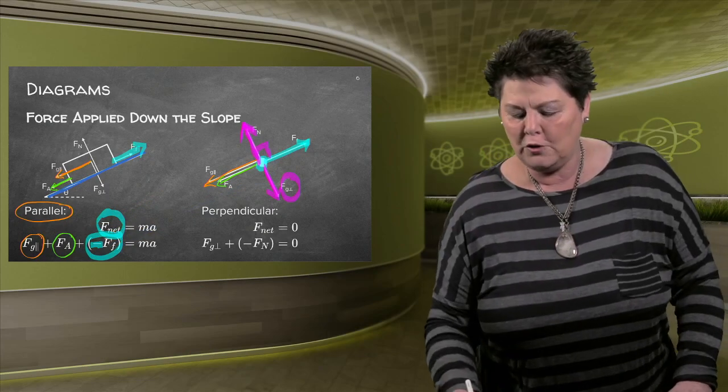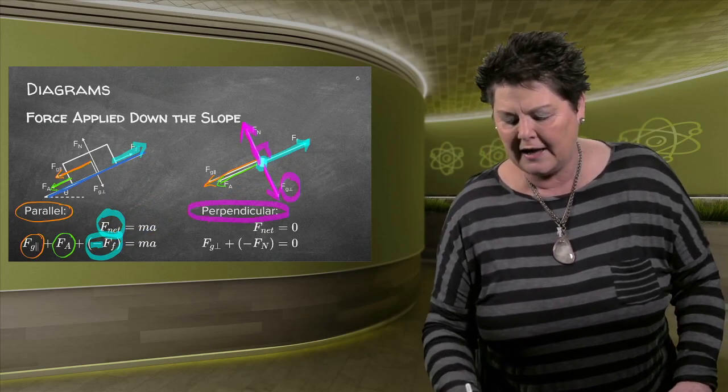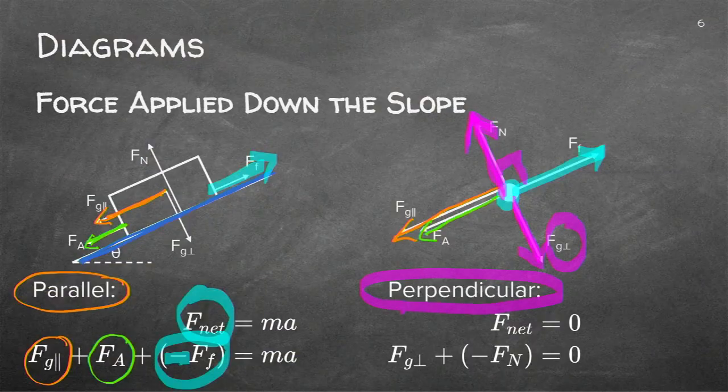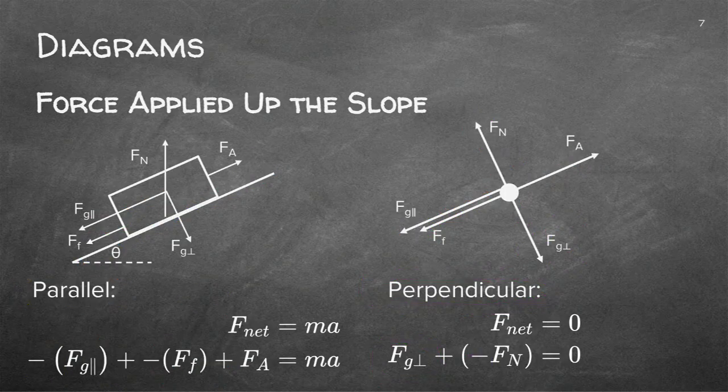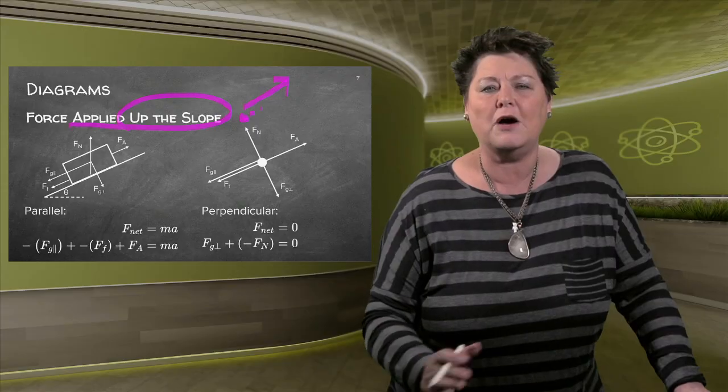Be careful if you're working in the perpendicular angle. You are now working with the two pink or purple arrows. So I've got the perpendicular one down, and I've got the force normal upward. Therefore, it's a negative direction. Let's do one where we are working with the applied force up the slope. Now, you can remember, if it's going upwards in the slope, it will obviously have a frictional force that's downward. So always make sure that you know where the motion will be.